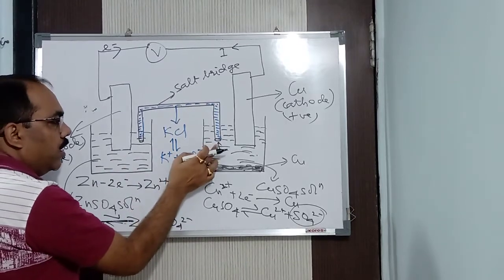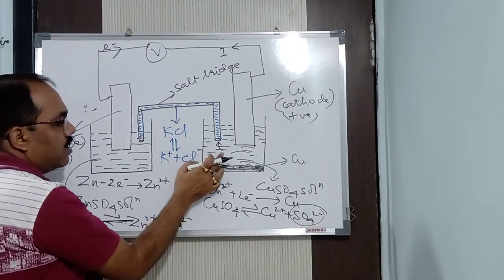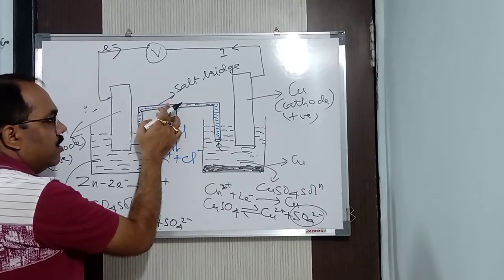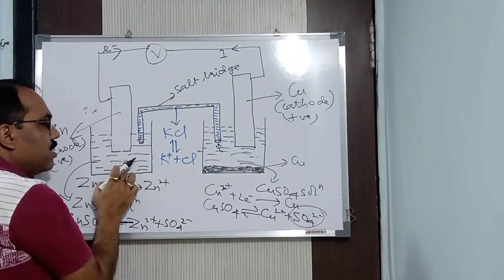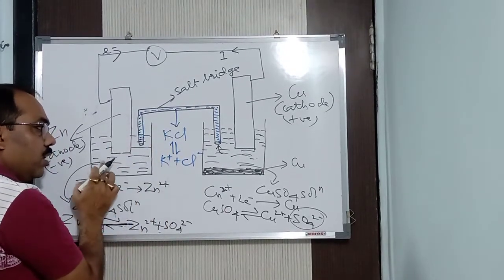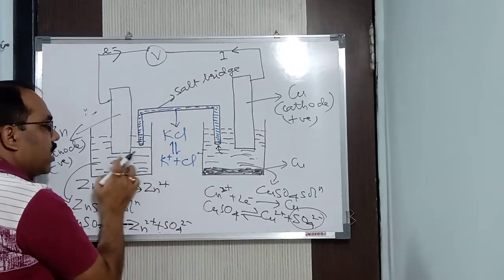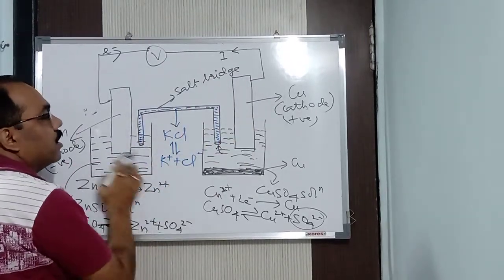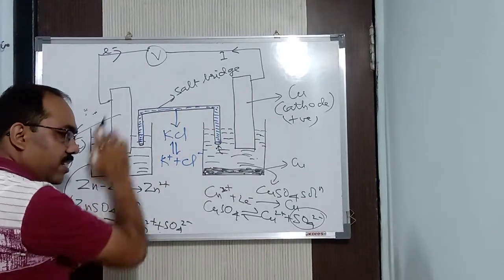So who is pulling here? That is your potassium ion pulling the sulfate ions. As a result you can see the charge enters. And here who is pulling? The zinc ions are pulling the chloride ions. So the charge leaves from here. The charges enter and leave, and hence the circuit gets completed. So the circuit not only gets completed,